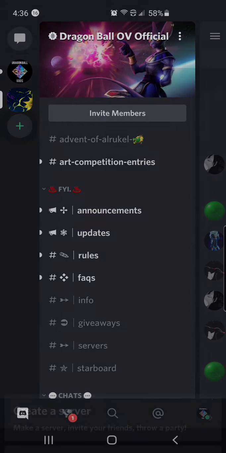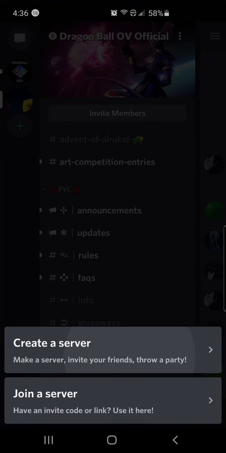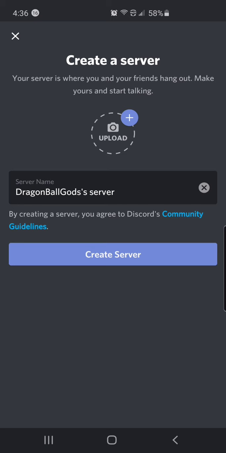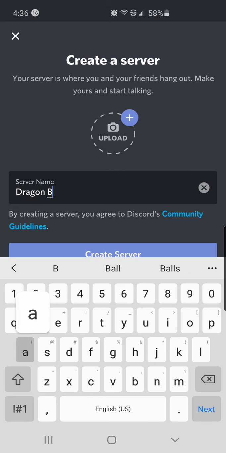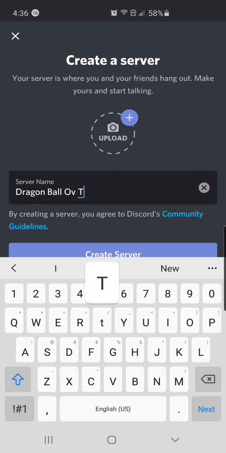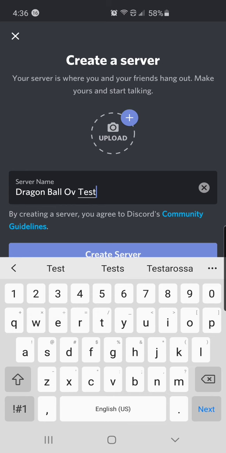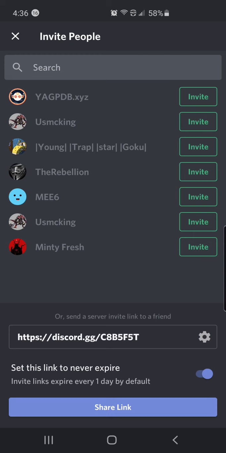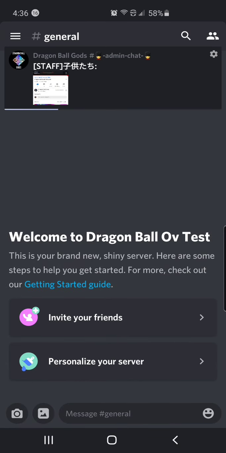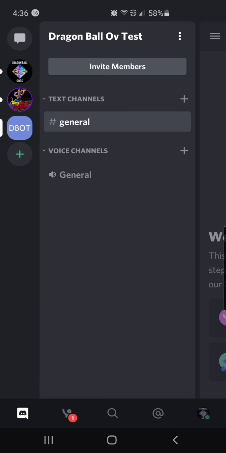So first things first, I'm going to create a server. We're going to call this the Dragon Ball OV test server. Now I created it. All right. It's going to say I could share this with some friends. And what I'm going to do is invite